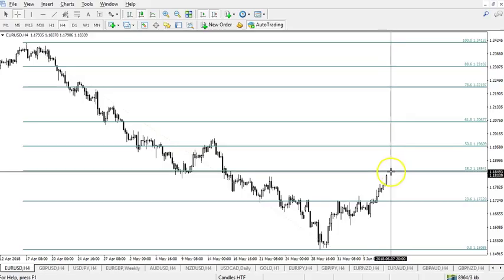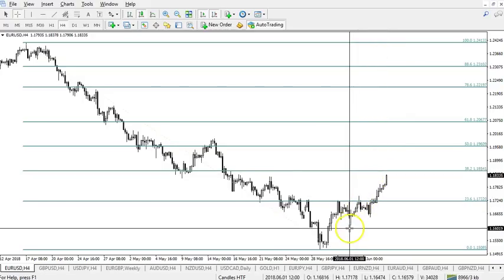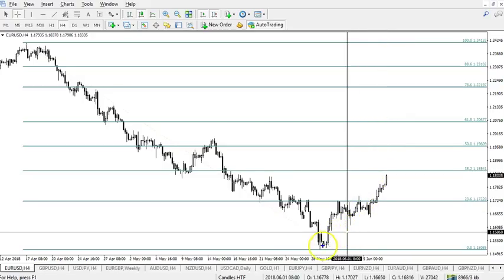So what we're looking at probably is an ABC correction. We already talked about the fact that this did have 5 waves up, and that probably was a wave A. Then we saw a move down and a move up, but this move up really didn't have much momentum. It didn't really look like a wave C, so we concluded that probably this is an expanded wave B, like this, ABC, and then we're still getting the wave C probably later on, and that's indeed what happened. So we're getting this ABC